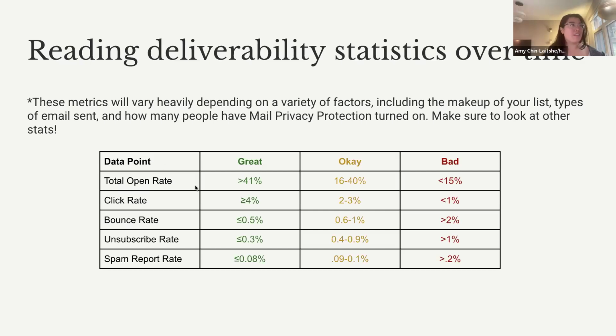Great. Okay. So now reading deliverability statistics, keyword over time. My huge disclaimer on this slide is that deliverability is dynamic. When you are in a fast moving environment, whether it's a campaign or the world constantly changing with a million different policies and executive orders coming out every day, your audience will probably constantly change a little bit. So this chart is going to look different depending on what type of program you're running. It can vary email to email.